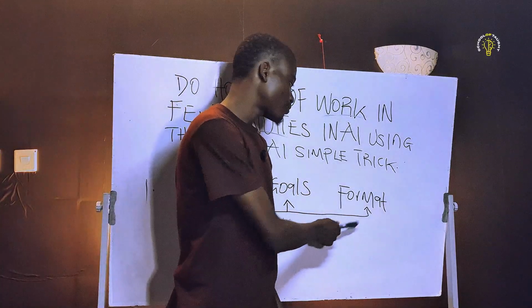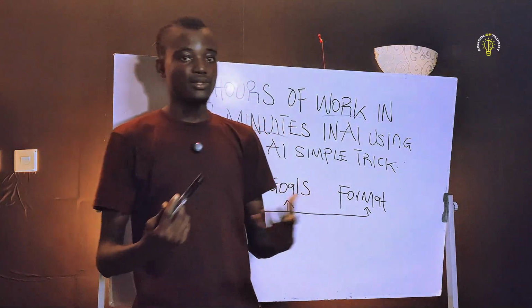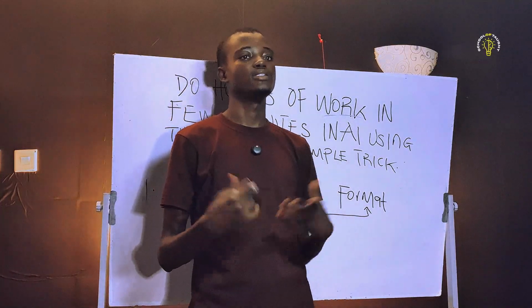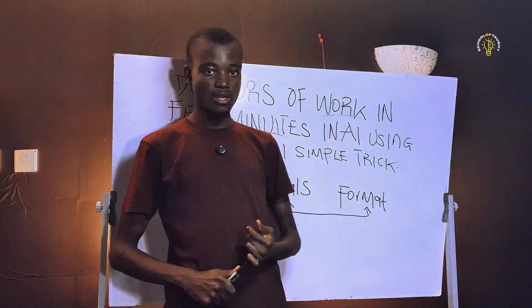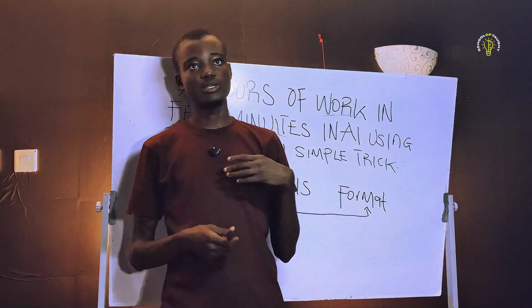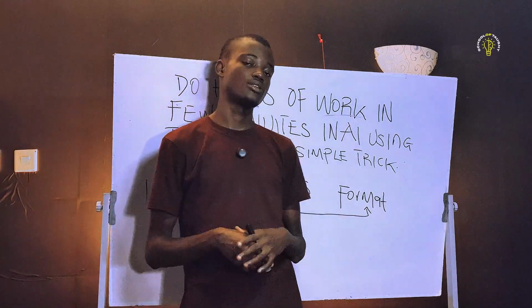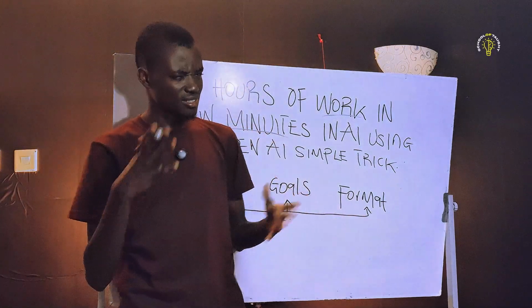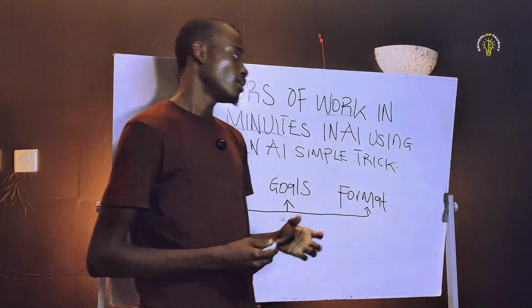And then thirdly is the format. When you go into an AI app, you tell it the return format. I want you to return this as a table. So you want a table done for you, a comparison between an eagle and a chicken and a goat. All right. You want it to compare it for you. You are going to tell it the format of returning.